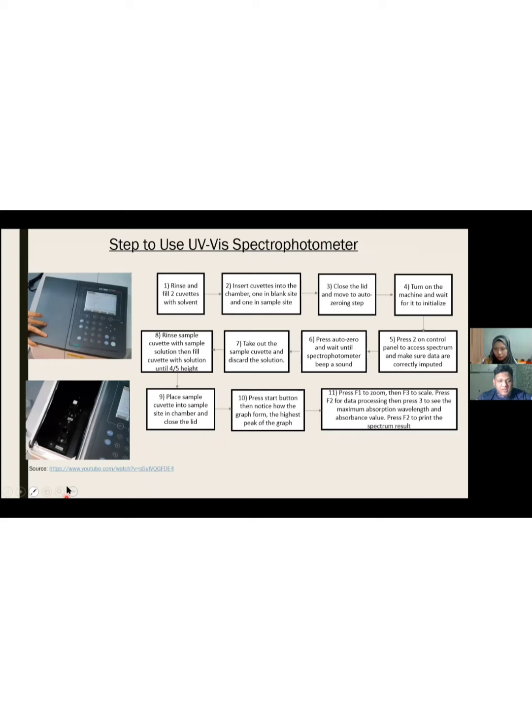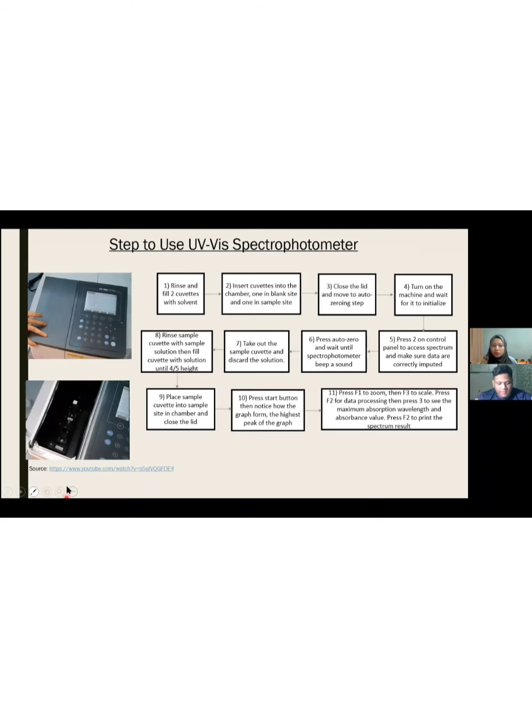Then take out the sample cuvette. We need to take out only the sample cuvette and discard the solution. Then we are ready to run the sample solution. Rinse the sample cuvette with the sample solution, then fill the cuvette with solution until 4 to 5 high. After we fill it, we place the sample cuvette back into the sample side in the chamber,